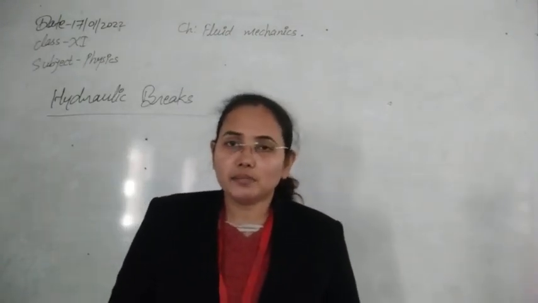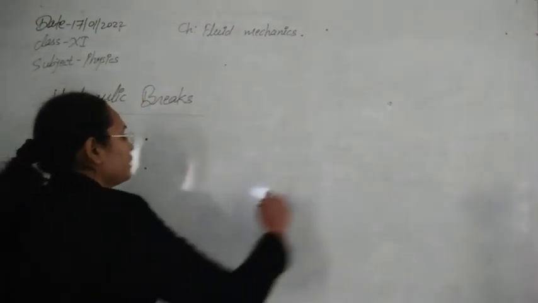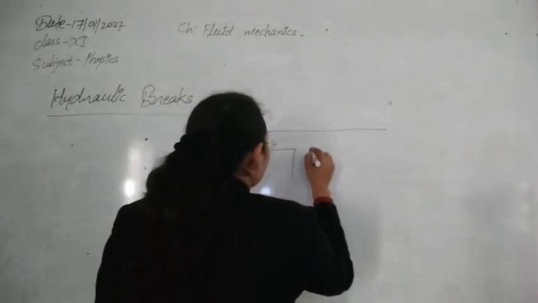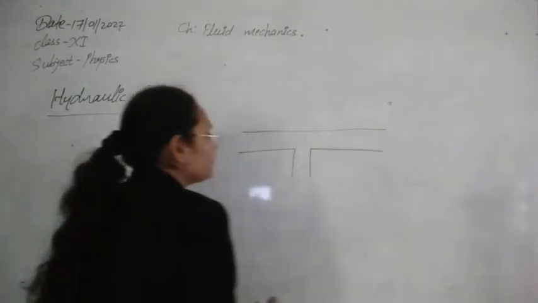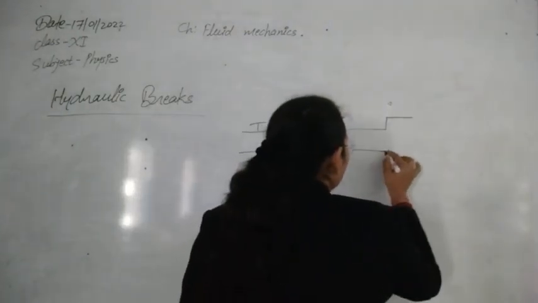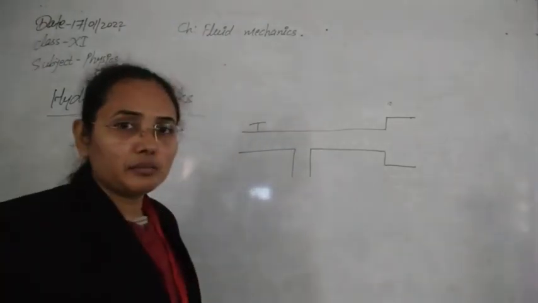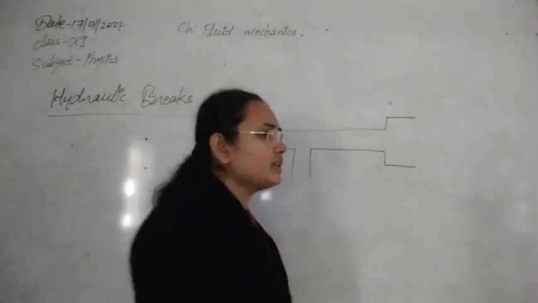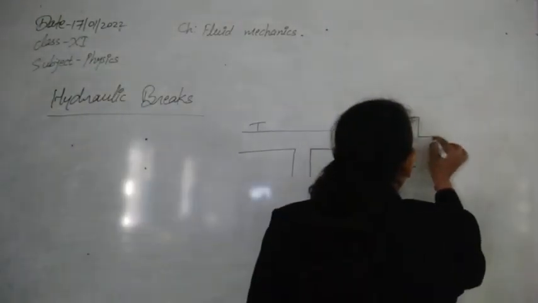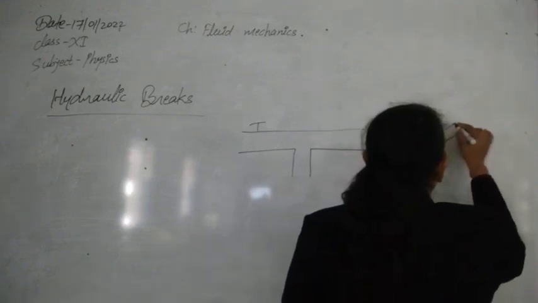To design the hydraulic brakes, again let's first see the construction, then we will see how to understand it. To understand the concept of hydraulic brakes, I will give you only a rough diagram here. First we are using a tube with a piston, and a tank, or fuel tank, where some liquid, or brake oil, is contained. This brake oil is connected with a piston, and this piston is connected with a liquid tube.